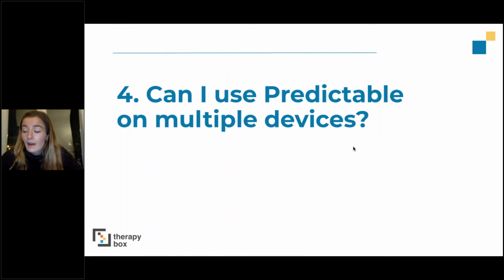So if I have an iPhone with Predictable on it, I'm connected to my Predictable account on both my iPad and my iPhone, and I have the exact same content. The only thing you need to do to have Predictable on both devices, if you don't want to purchase Predictable twice, is go to the iPad settings.